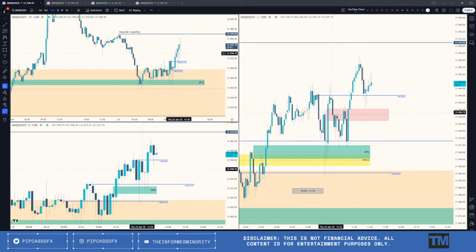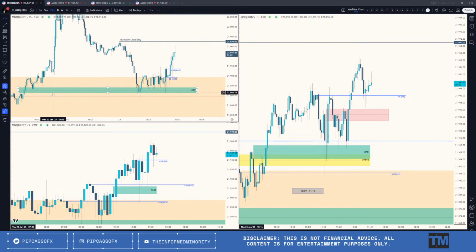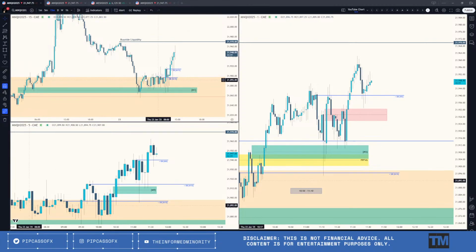But yeah, I liked how we used the 4-hour inverse fair value gap here. We stayed in the upper portion of that, had this gap from yesterday. This price action was a little wonky, but that's fine. Close above, all that stuff. And then we had Trump speaking at 11. Then you have the buy exit there, and ultimately reaching for the new day opening gap low from today, which is 21,982.50.